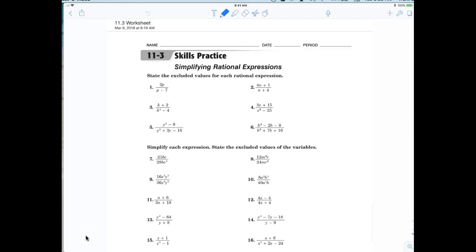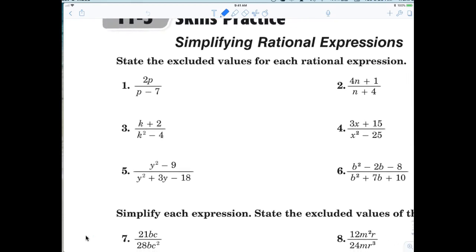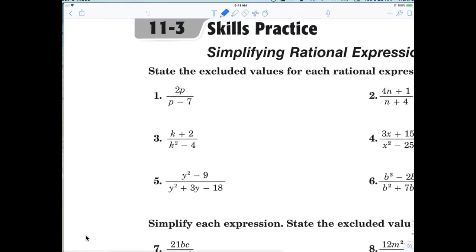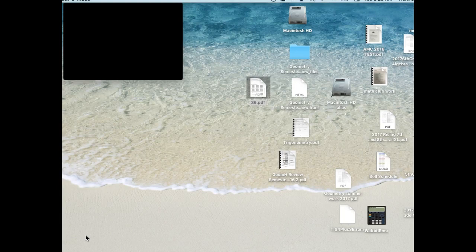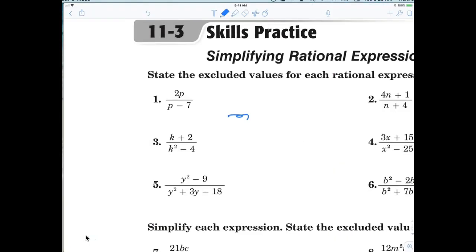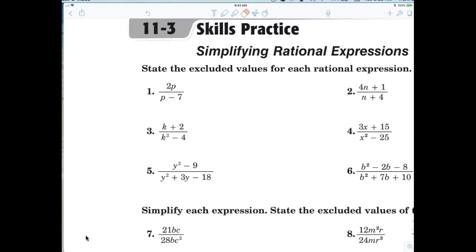Has to do with today's lesson is just simplifying fractions. Now, the other thing I want to discuss today is, it says here, state the excluded values. All right. It says state the excluded values. Now, what that basically means, if you recall with your fractions, is this. If I said to you, what